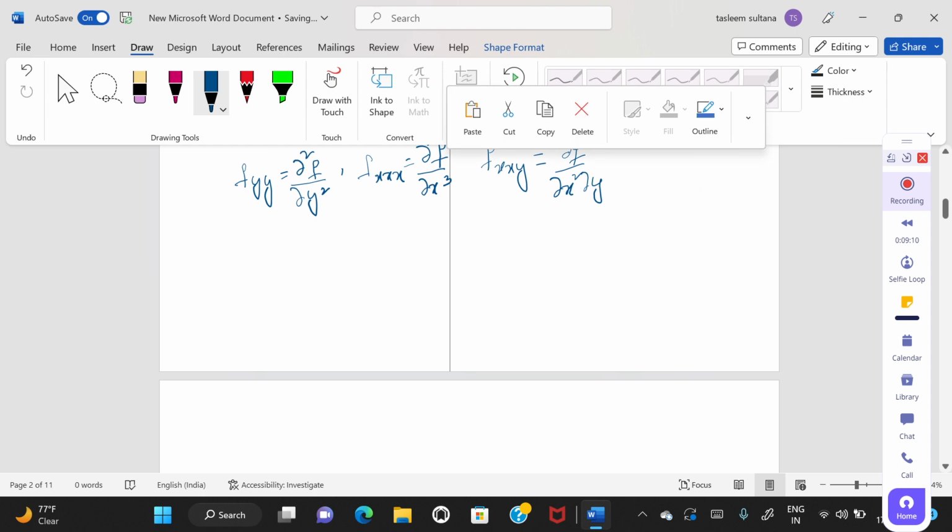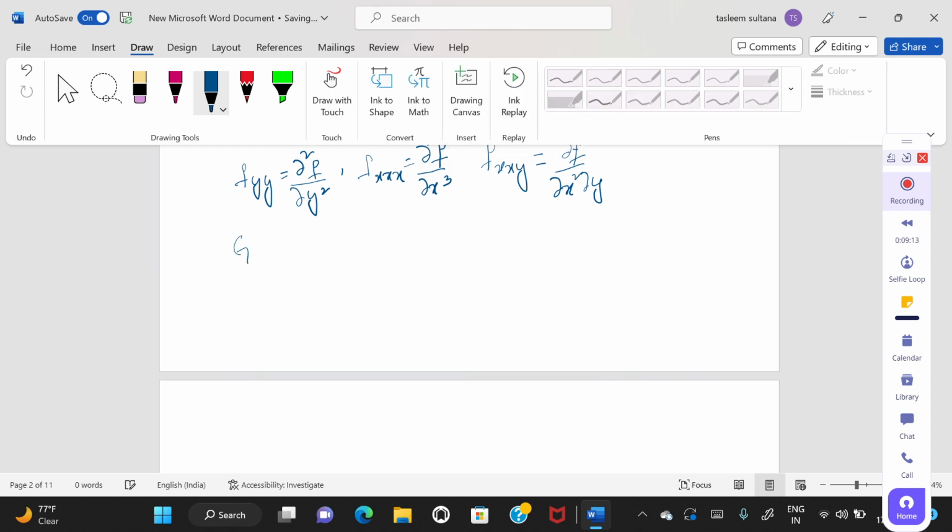Our given function is f(x, y) equals e^x sin y. First, for f_x, use the product rule: take e^x as u and sin y as v. (uv)' equals u'v plus uv'. So when we differentiate e^x,